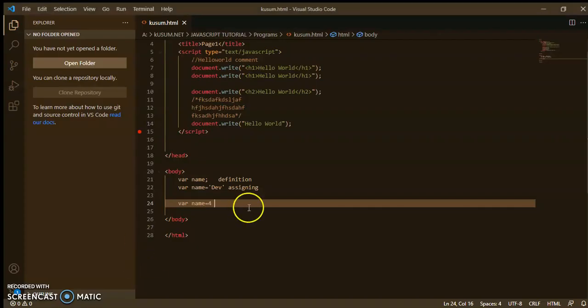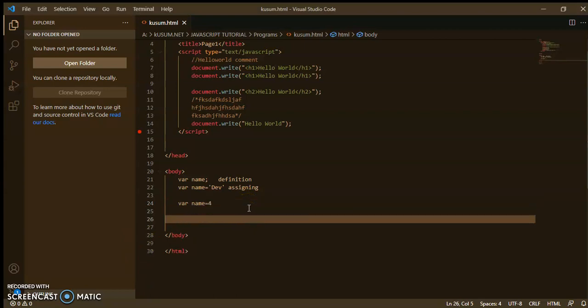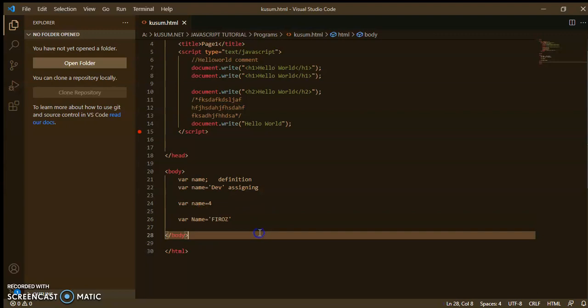Now if I assign the value like this: name equal to Firoz, then it assigns a string. Without declaring the data type, it is called a dynamic language.